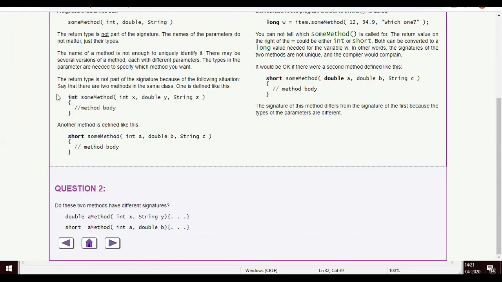You recollect the definition of a method signature: method name and the parameters. Here the method name is sumMethod, here also it is sumMethod. Here the parameters are int, double and string. Here also it is int, double and string. The parameter names may differ, that is not an issue. We are bothered about parameter type and ordering. So these two methods are same.